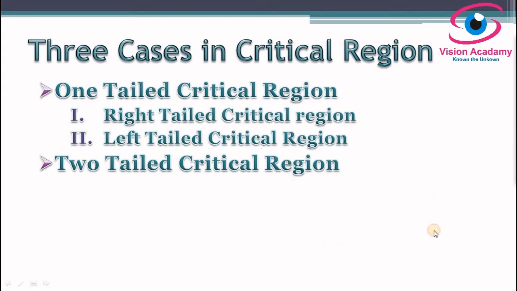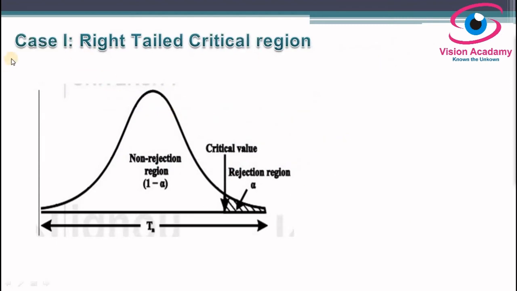In addition to this, let us explore some more things about a critical region. As I said, there are three cases that will arise in the critical region: the right-tailed critical region, left-tailed critical region, and two-tailed critical region. Let us take a right-tailed critical region in the one-tailed critical region. This picture is indicating a one-tailed critical region. As I said, your critical value or rejection region is on the right side of the distribution. So this point is called the critical value, and this shaded area is alpha. That's the rejection region. This critical value separates the rejection region from the non-rejection region.